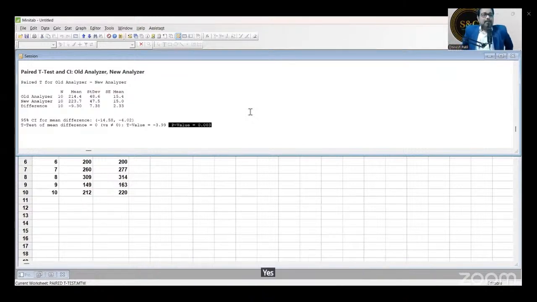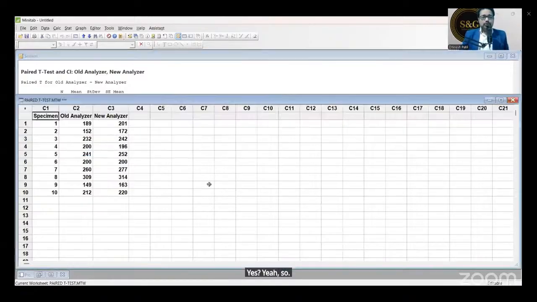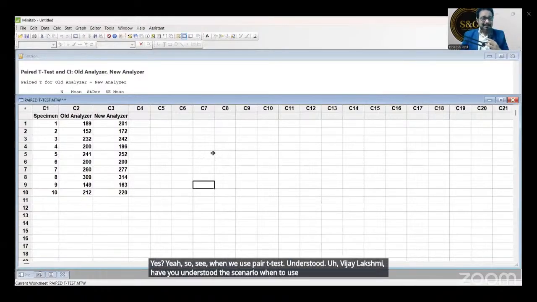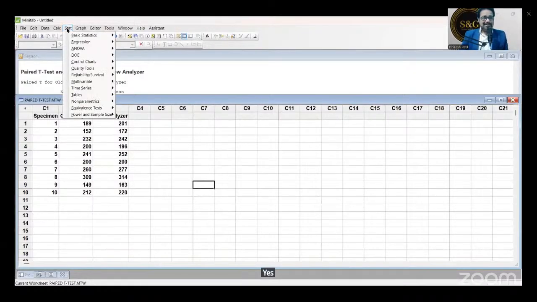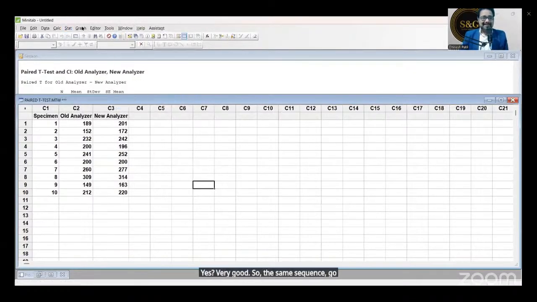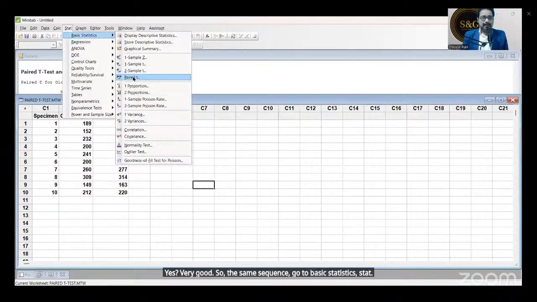Vijay Lakshmi, have you understood the scenario when to use a paired t-test? Just type yes in the chat box. Very good.